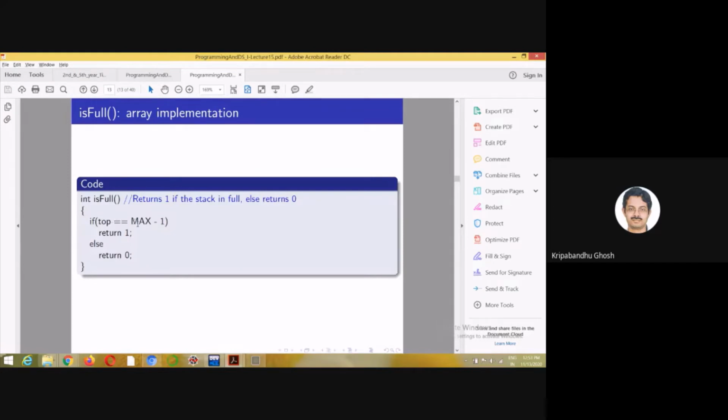So if top is equal to 100 - 1, then your stack is full. If top is equal to max - 1, it will return 1. This is the question: is the stack full? If the answer is yes, it will return 1.